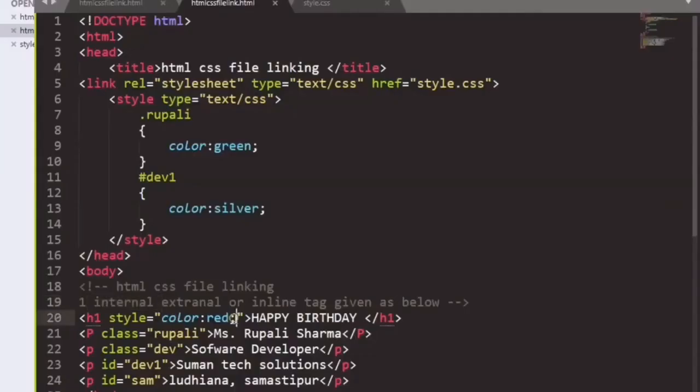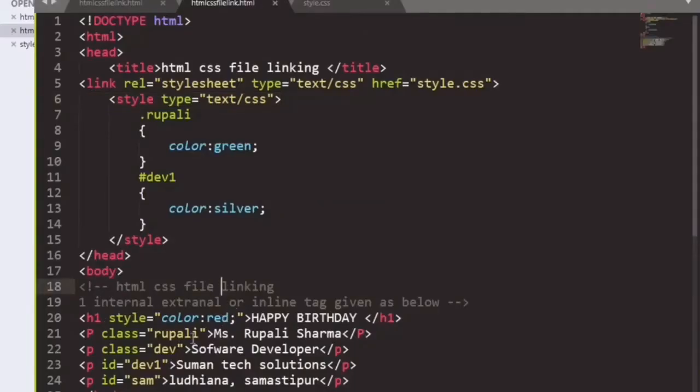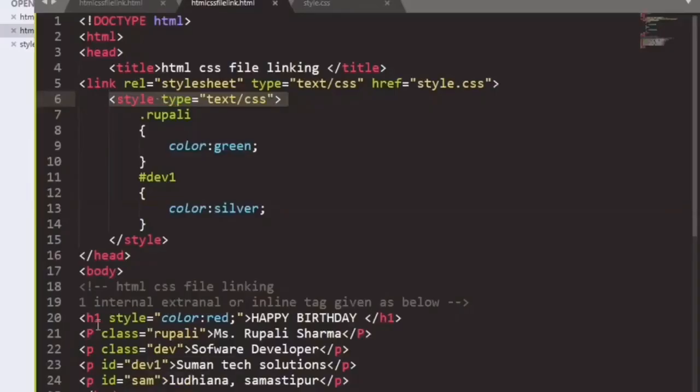so we have explained internal, that is with p tag or any other tag, and the style tag, and then the message, which is this type, and external and internal. Suppose in internal we have to give the class and the style tag, in which we can pass the text or CSS.